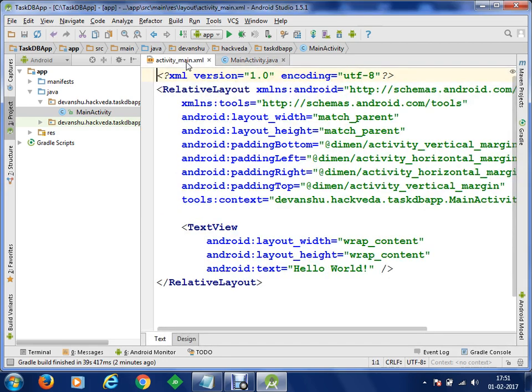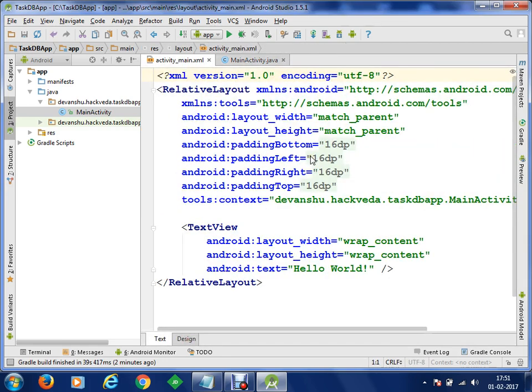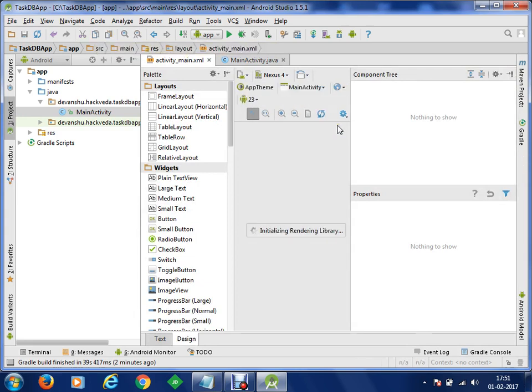Within this application, we are going to design our first layout. In this layout, we are going to create two edit text controls, wherein we are going to define the name of the task and task details. We will have two buttons, one button to save data into the database and a second button to read data from the database.